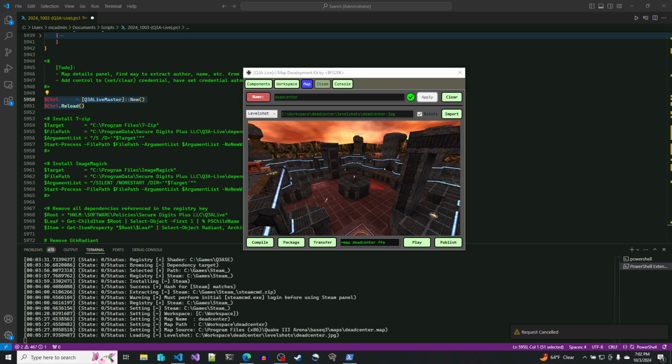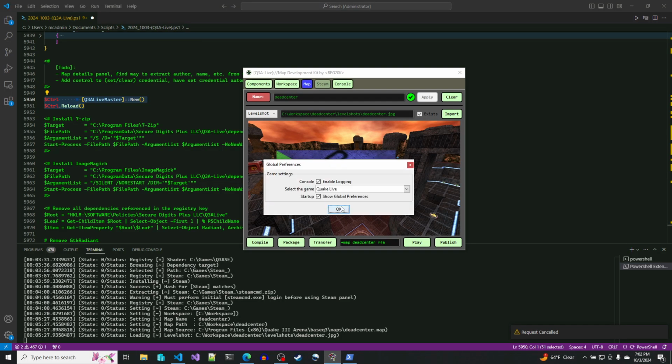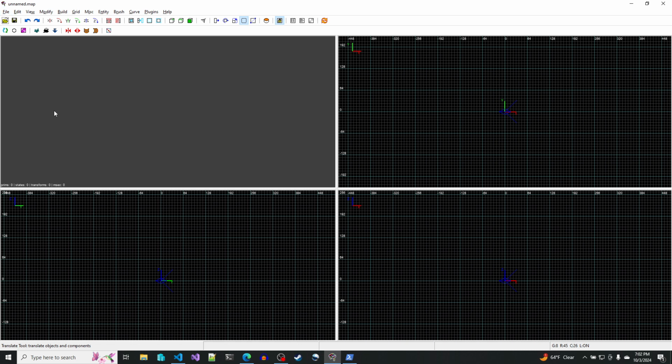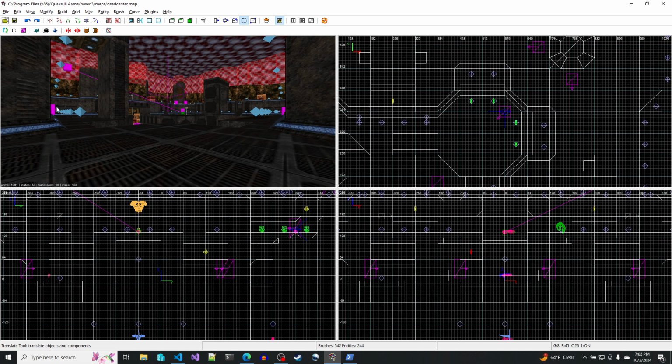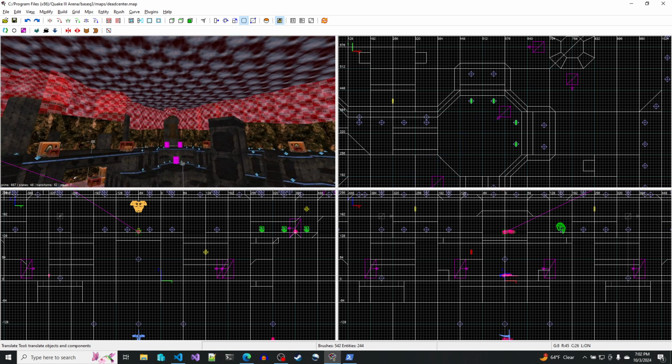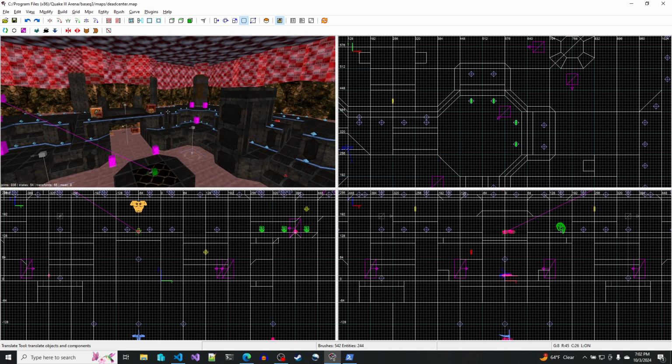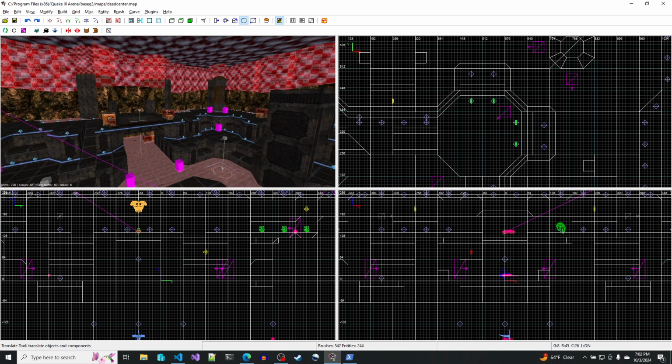So what I want to do right now is open up NetRadiant. I know NetRadiant and GTK Radiant are different, but I have issues running GTK Radiant on my system for some reason. So what I'm going to do is open up NetRadiant, open up that map dead center, and then I made a couple of videos featuring Quake Live mapping,